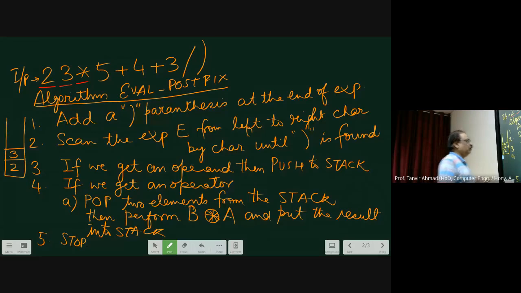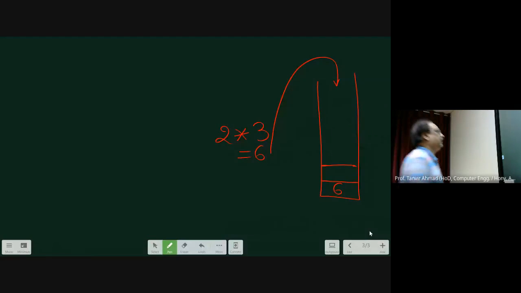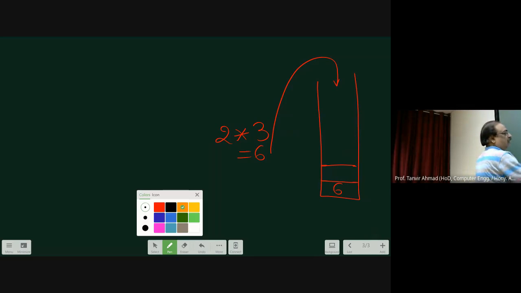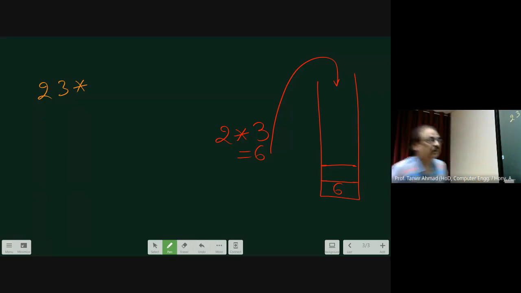I could have done A here and B, taking 2 steps: A, pop the 2 elements from the stack, and B, perform this operation and put the result back to the stack. Okay. Now let us evaluate the expression: 2, 3, multiplication, then